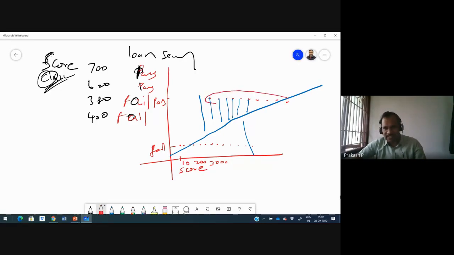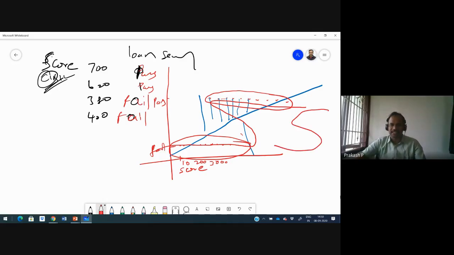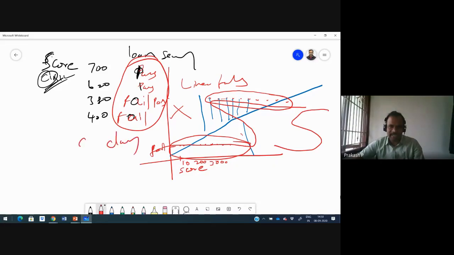Which covers this, as well as this, or else we need to traverse the line like this, across, which means you need to draw a line like this. So in these cases also, linear regression fails. Linear regression does not handle this kind of classification problem, or categorical data with only two variable categories, pass or fail.